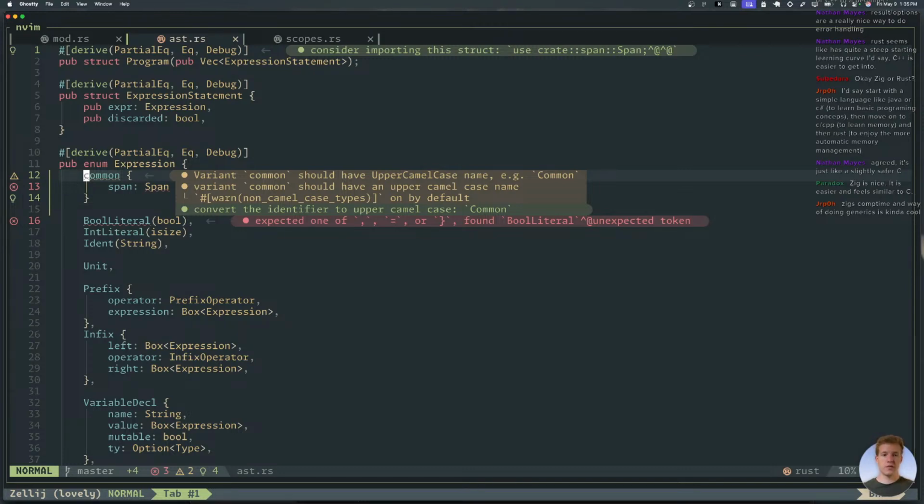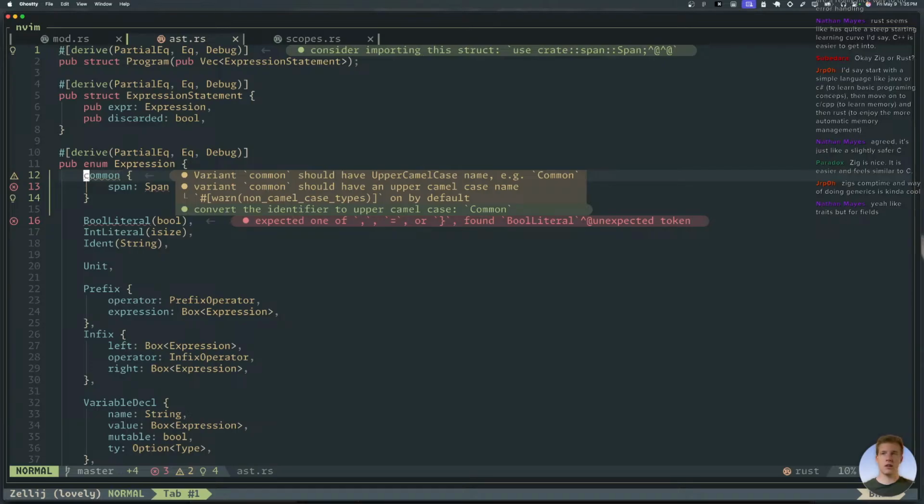Exactly, like traits, but for fields. That's exactly what it would be like if we could call them field traits. Field traits. Hold on, we're going to go to the